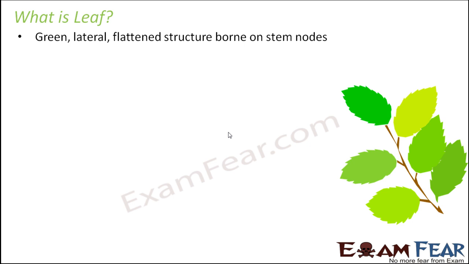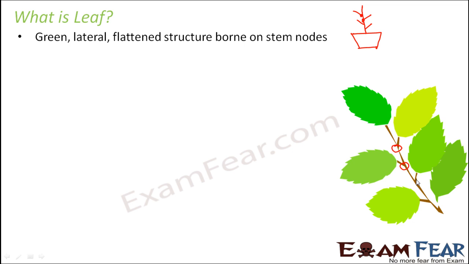Now what are the nodes on a stem? Let's say you have a plant in a pot. This is your pot and this is your plant. This is the central stem or the central axis. This will bear a lot of leaves, flowers, fruits, etc. From this stem, you will have branches coming up like this. The points from which new branches come up are termed as nodes. These are the points of nodes.